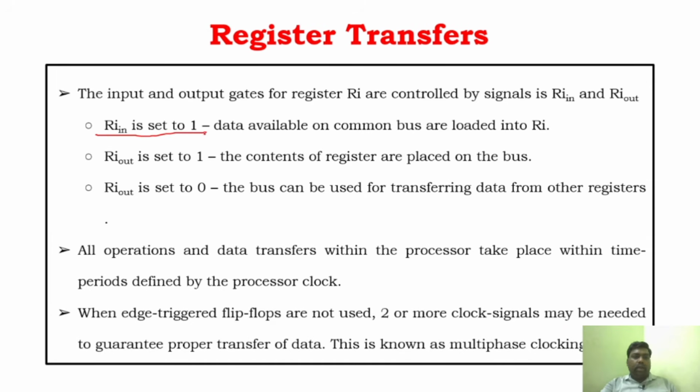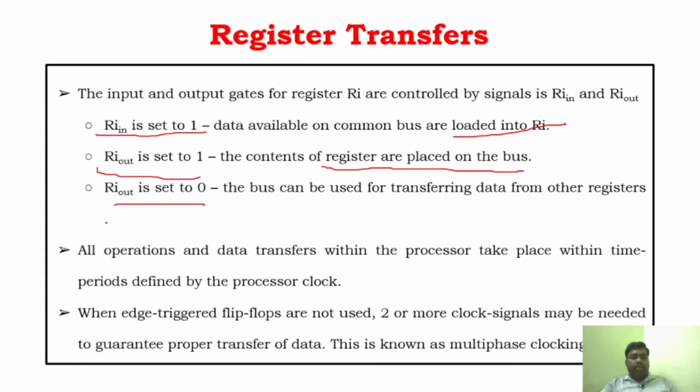R1 has to be set to 1, R out set to 1, what will happen? It will load into the RI, right. And if R out is set to 1, the content of the register will be placed on the bus, right. And similarly, as I said, only one bus, that is, only one RI out will be set to 1 at a time. At other times it will be set to 0, because only one register output has to be enabled for one clock cycle,